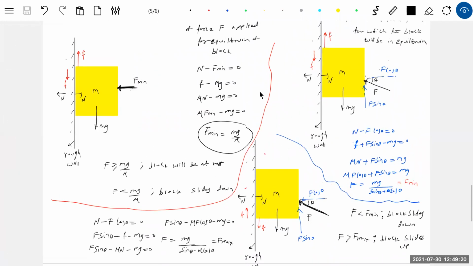All of you have to analyze, not just look, otherwise nothing will happen. Please do understand. Please try to understand. You have to analyze here. Analyze means what will happen to F if I make it greater than